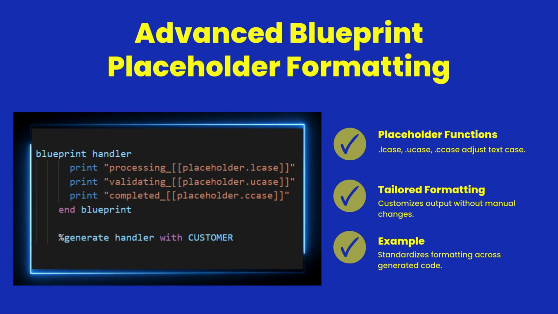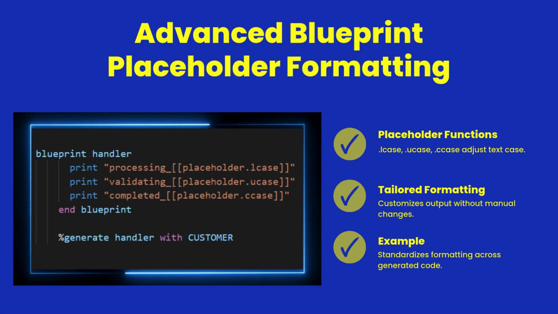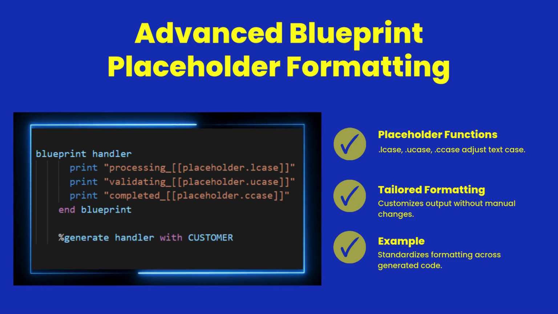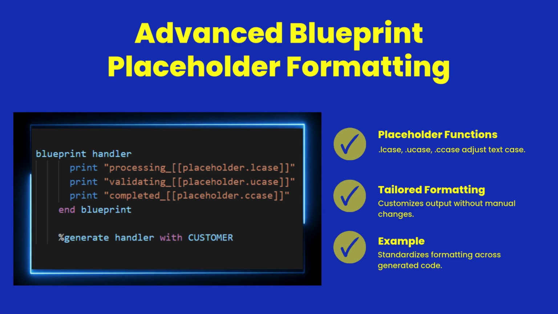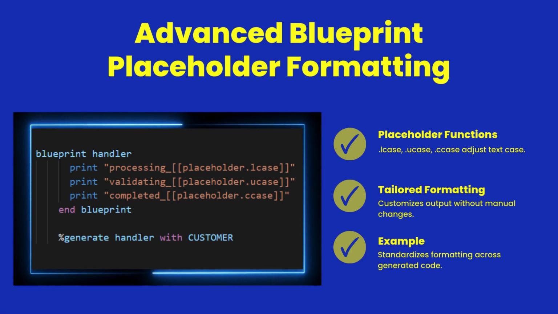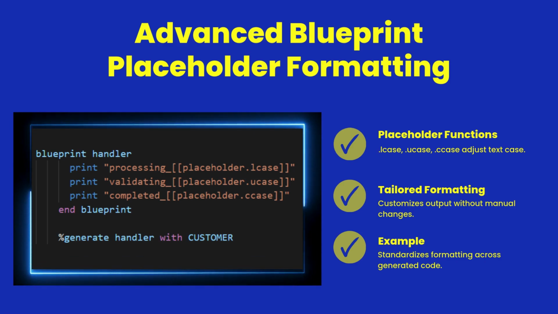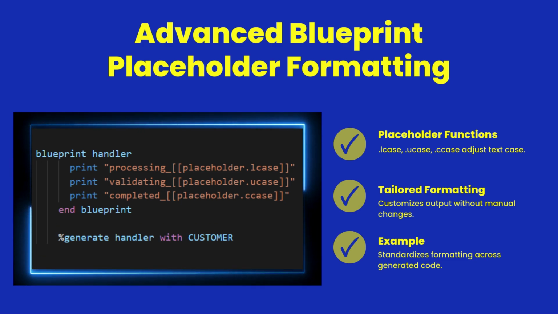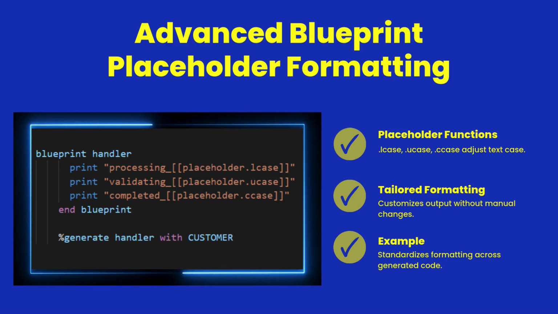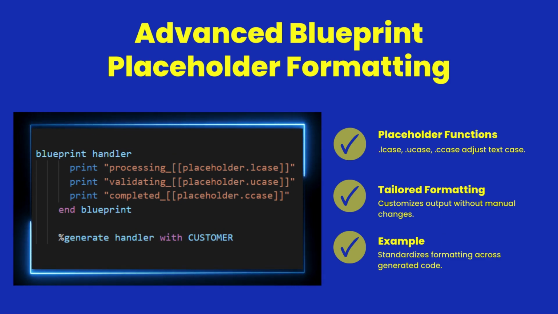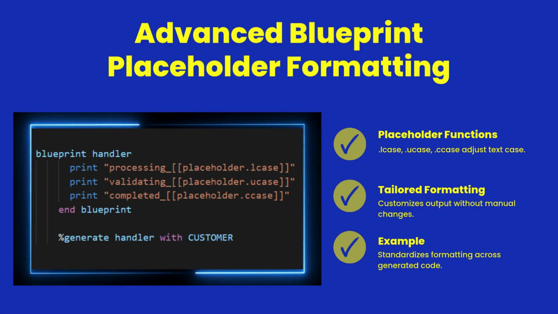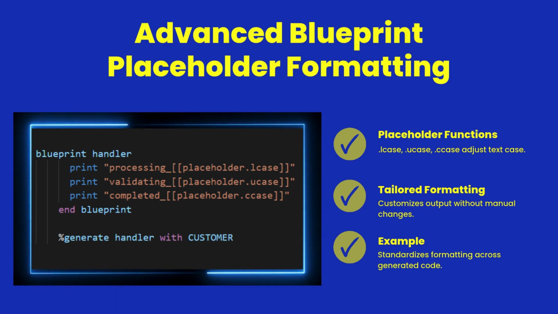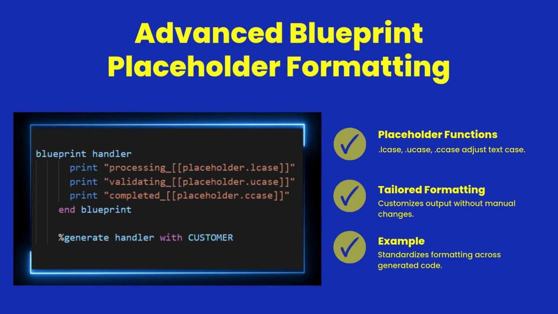Blueprints support formatting functions that tailor placeholder text, like changing cases, ensuring uniform and readable output, and streamlining code adjustments. In this Sheerpower example, the handler blueprint demonstrates flexible text transformations using placeholders within a blueprint structure. It defines 3 print statements that utilize different variations of the placeholder keyword, allowing for specific case adjustments when the blueprint is expanded. In this case, %generate handler with customer substitutes placeholder with customer and applies transformations based on the